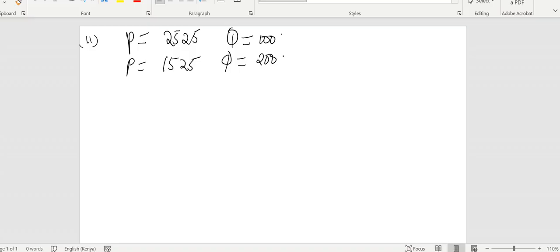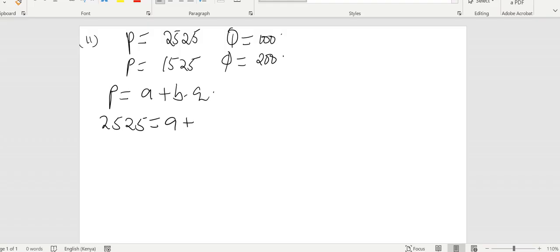If I introduce another concept, we may not finish. We have agreed this is a linear function, so my price equals a plus bQ. Equation 1 is 25 equals a plus